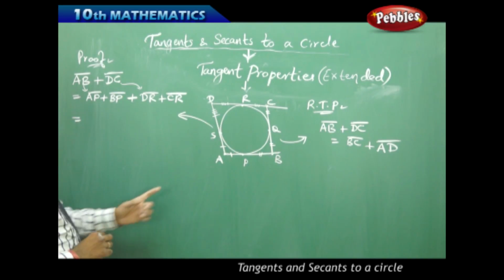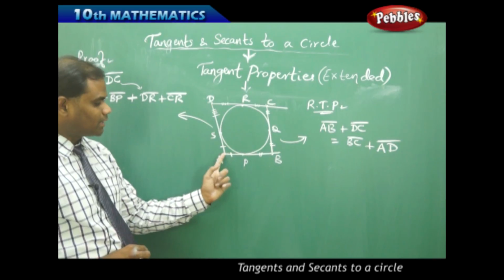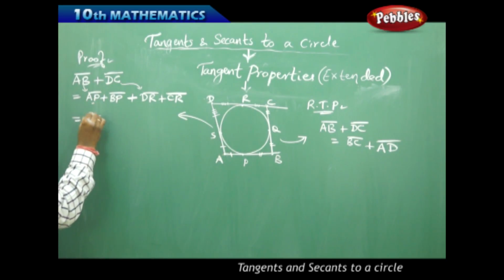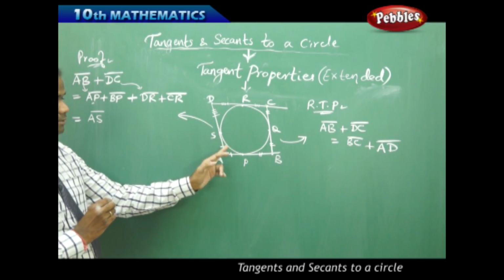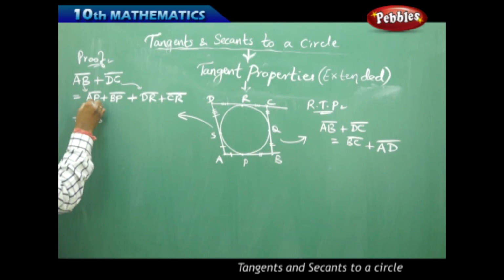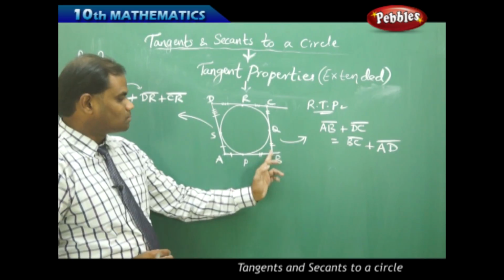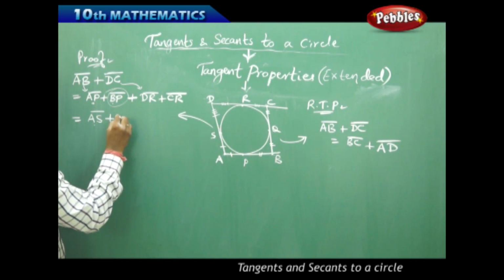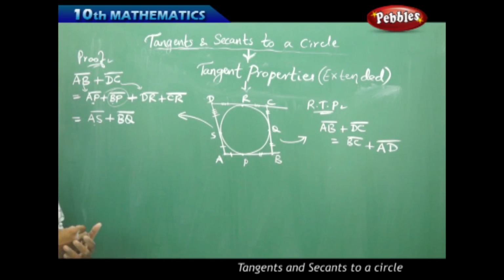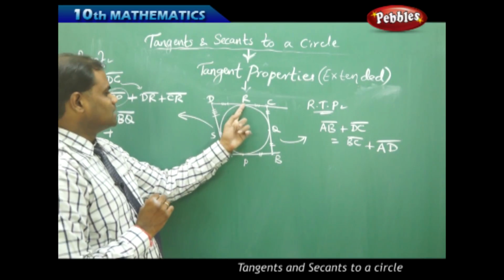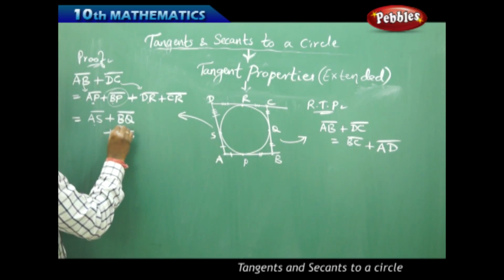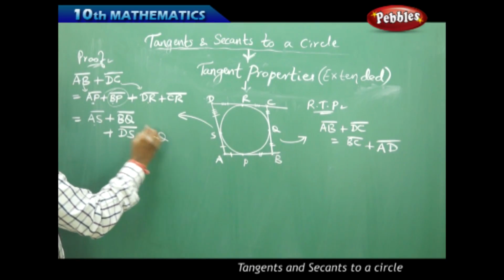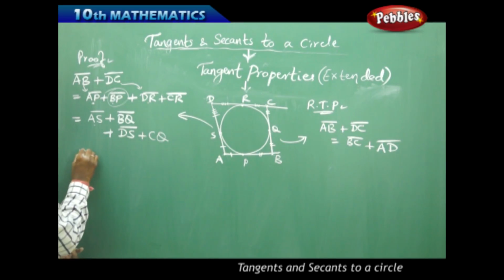Now here, AP is clearly equal to AS because the lengths of tangents from an external point A are equal. Therefore, AP is equal to AS. In place of AP, I write AS, as can be clearly seen through the lengths of tangents, this being equal to this. So AP equal to AS, I replace AP with AS. Similarly, my BP is equal to BQ with the similar property. So therefore, in place of BP out here, I write BQ. Similarly, DR is nothing but equal to DS, therefore in place of DR, I write DS. And lastly, CR, which is equal to CQ, I write here CQ for each of the properties. Now next, what I do is I compare